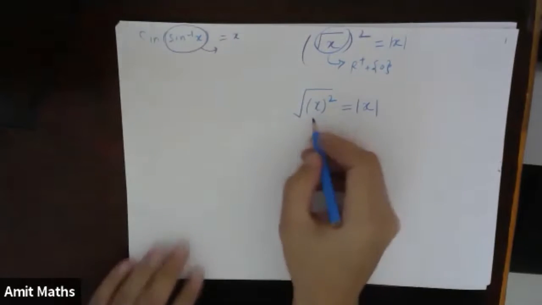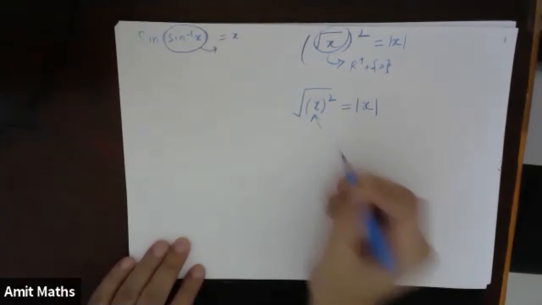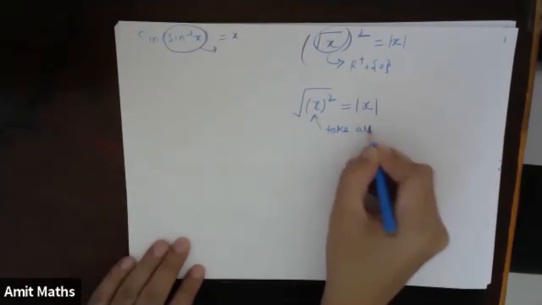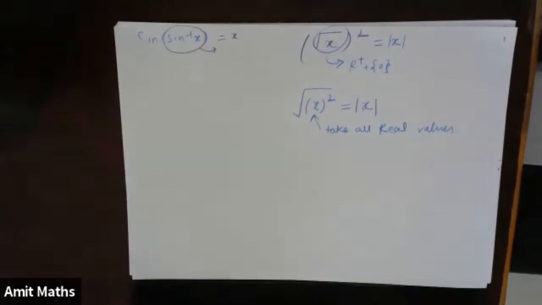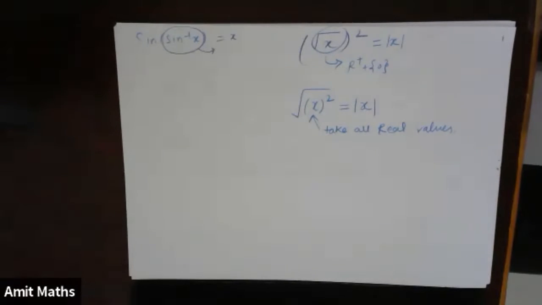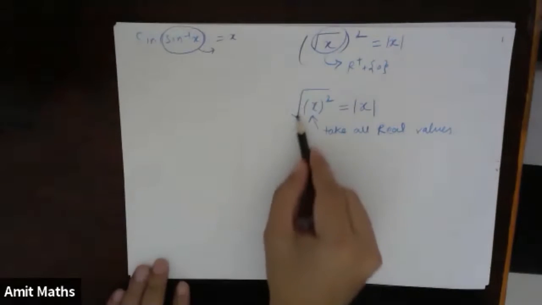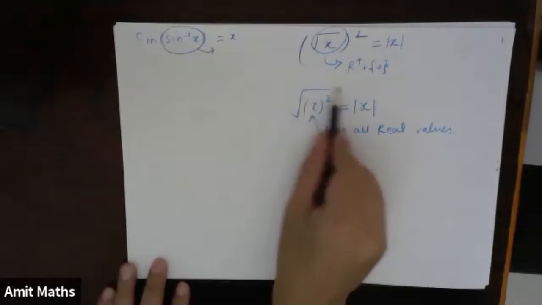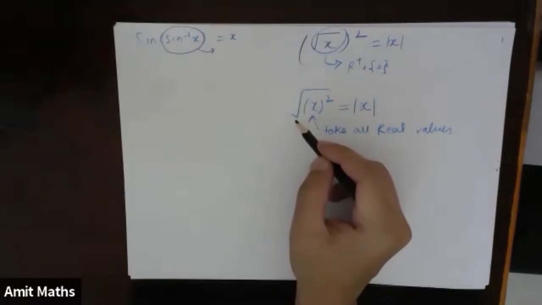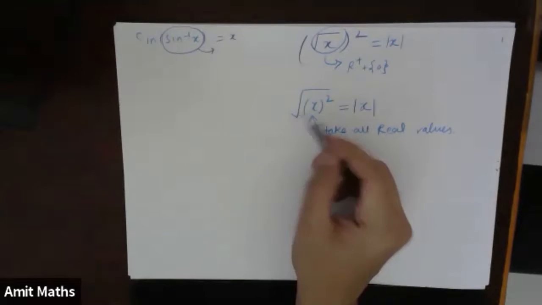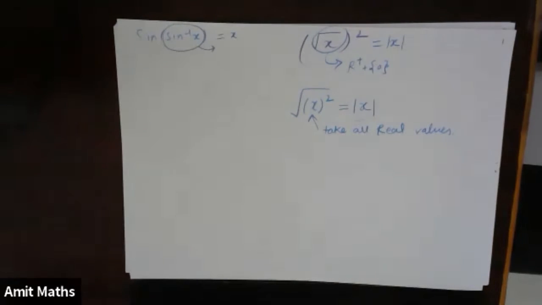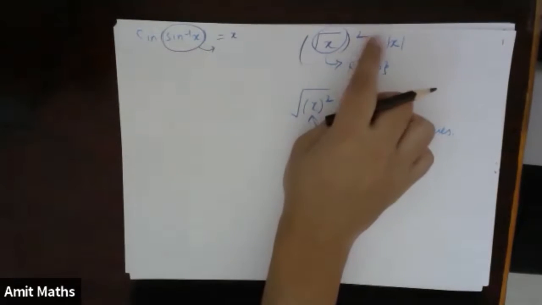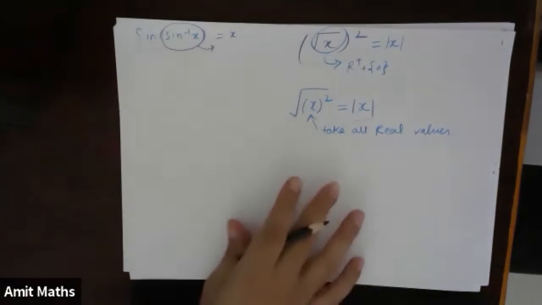But here, because there is a square on x, this can take all real values, right? But in this case, the final output is also decided by this under root. We know that root cannot give you any negative values. That is why this whole thing will always give you positive, and that is why the output will be mod of x. This part everybody understood. Why am I first taking square outside and square inside? Yes, I hope this is understood by everyone.